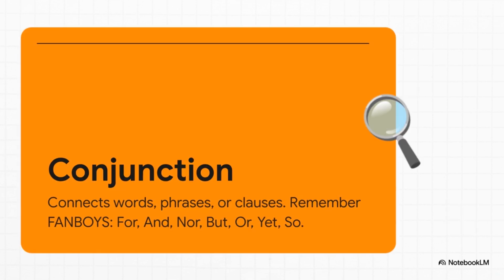And now for the ultimate connector block, the conjunction. This one's a real game changer. It can link single words, phrases, or even two whole sentences together. A fantastic classroom trick for remembering the main ones is the acronym FANBOYS. That's for, and, nor, but, or,